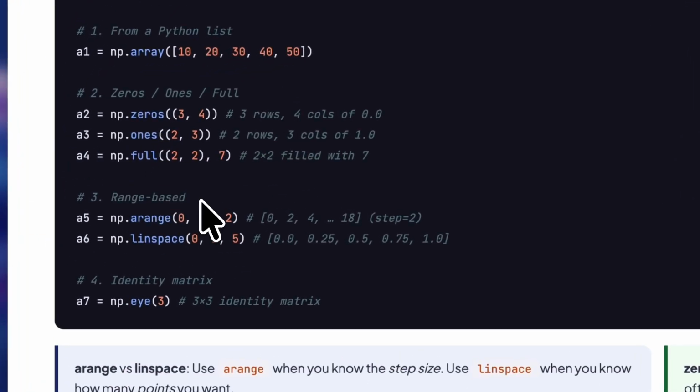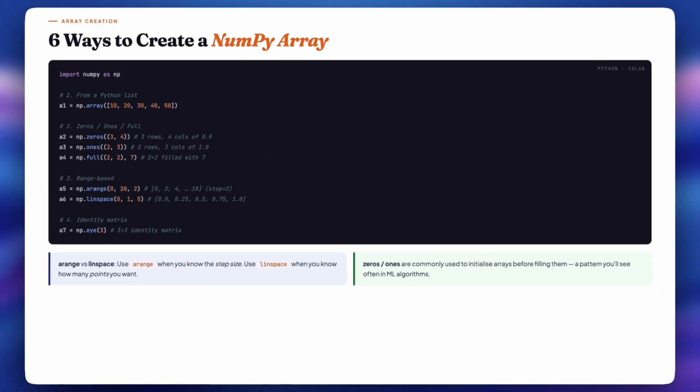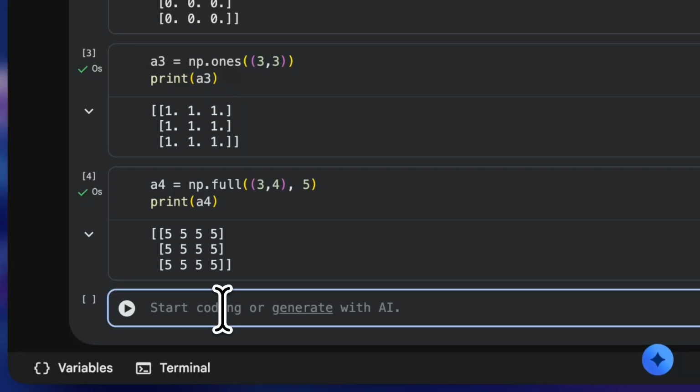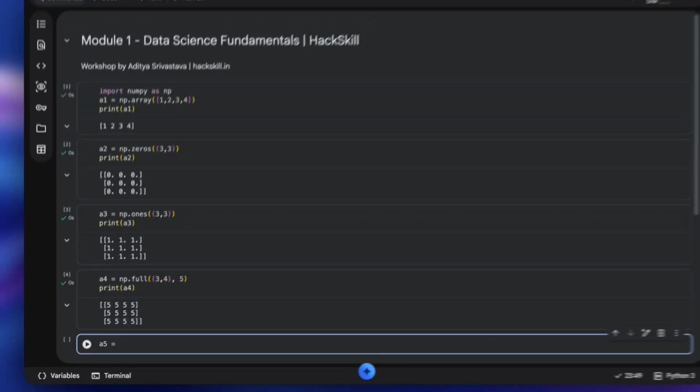Now we have the range based methods. It completely depends on the range we specify and the steps we provide. The first we have is np.arange.